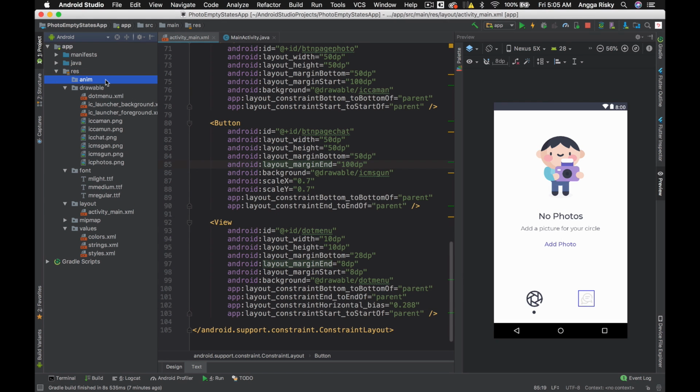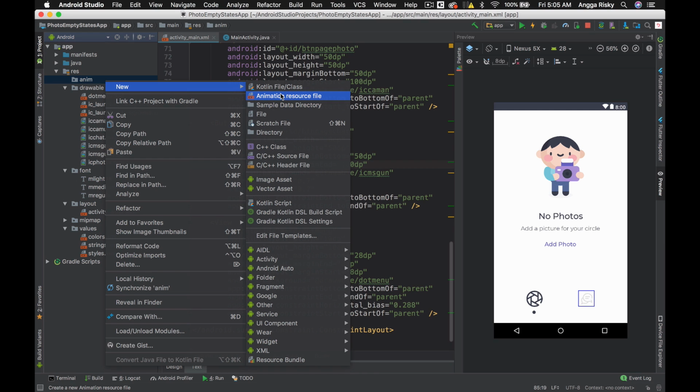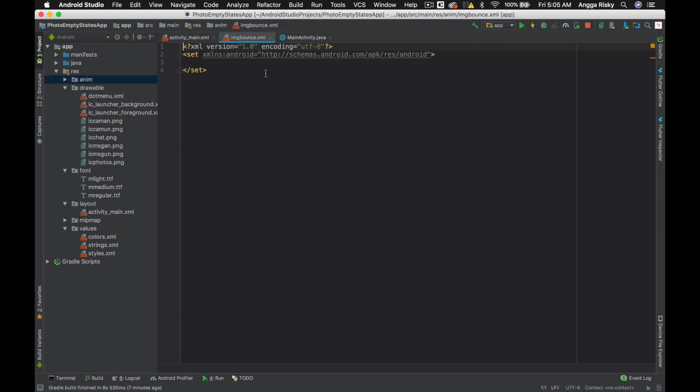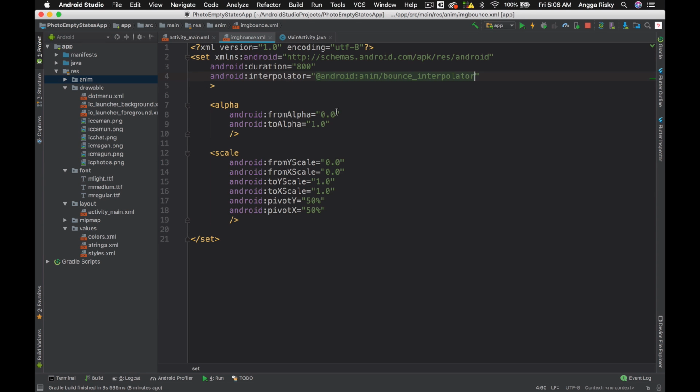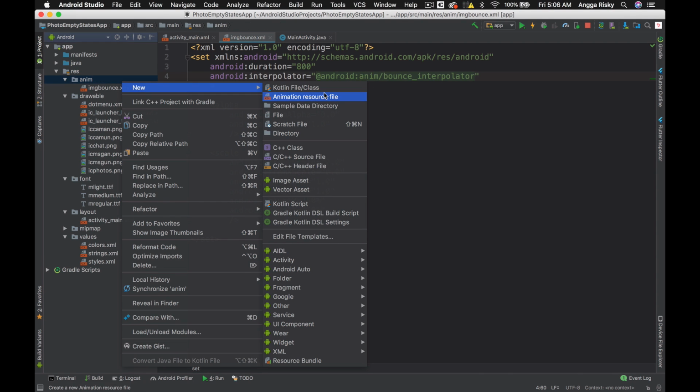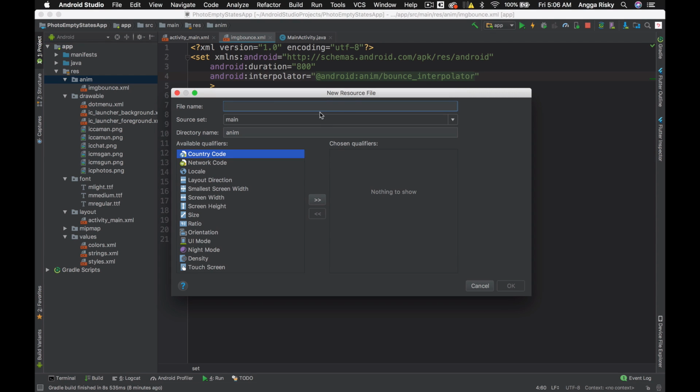Inside the anim folder we give the animation for the picture, which is EMG buns. So this is for the bounce animation, and then we need the remaining animation, which is for the text view, for the title anim like this.